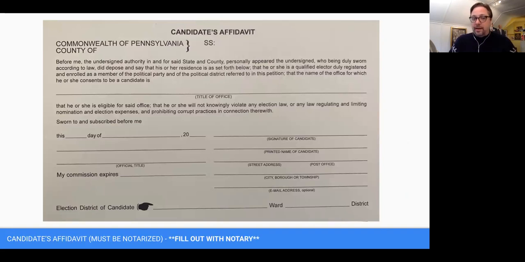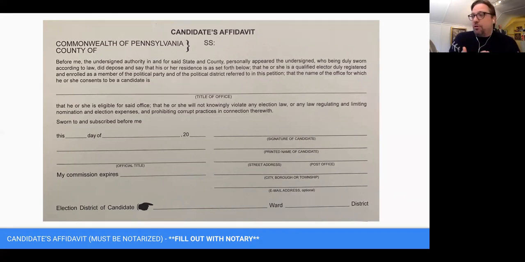So you as the candidate will need to fill out the candidate's affidavit. As you can see at the top, you're going to enter the title of the office that you're running for. And on the right-hand side of the lower portion of this is where you will fill out the candidate's information, okay? The left-hand side is for the notary. Don't touch this unless you are in the presence of the notary, okay? Legally, you only need to sign it in the presence of the notary, but it is just easier and safer if you leave the candidate's affidavit alone until you get to the notary.